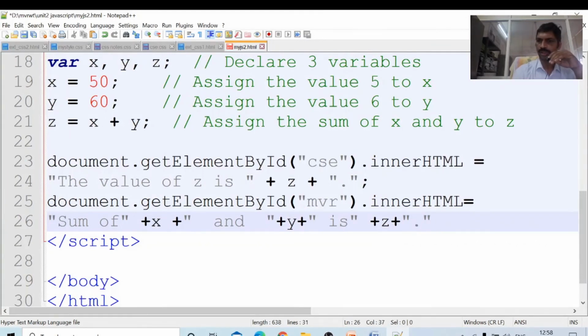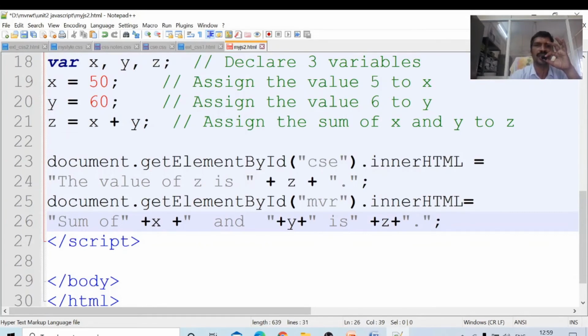Placing the semicolon is optional. If a line contains more than one or two statements, we have to place a semicolon. Okay, the sum of x and y is. What is the ID? MVR.